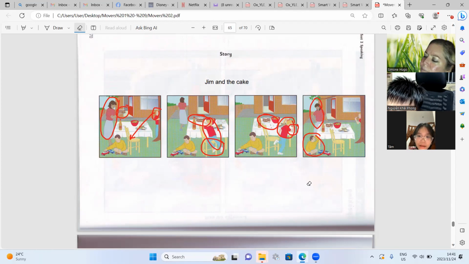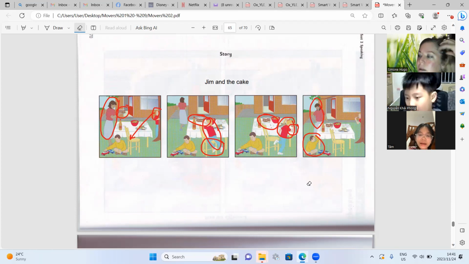Firstly, Mrs. Brown is in the garden. She's putting a cake on the table. Jim is playing with his toy car. His sister is watching him.